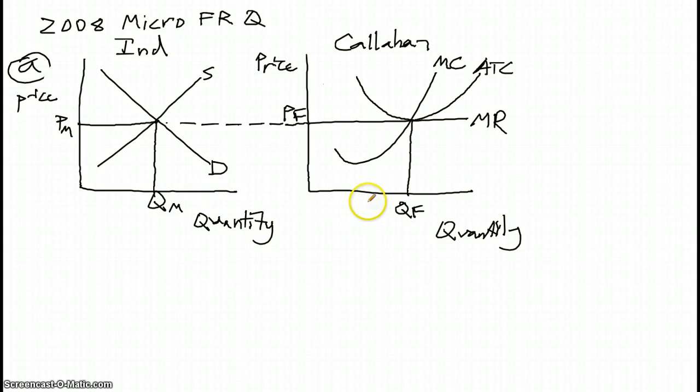So for B, now assume that government provides farm support to apple growers by granting an annual lump sum subsidy to all apple growers. Indicate the effect the subsidy would have on each of the following in the short run. So a lump sum is different from a normal subsidy in that a lump sum subsidy is a set amount, a block of subsidy, and so that doesn't affect the marginal values of anything. It only changes the ATC and average fixed cost. So the ATC visually would go down,